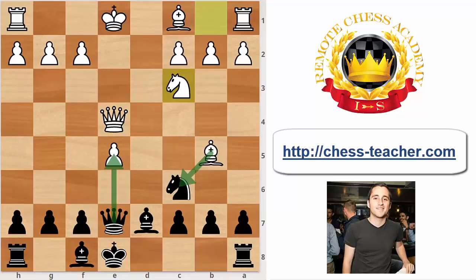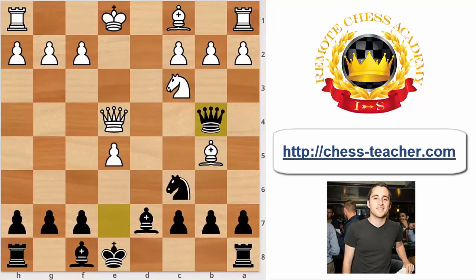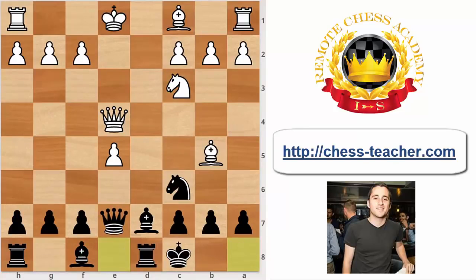So let's just continue developing our pieces. I like the move long castling here, even though in some games the move queen b4 was also featured, which I think is also a logical move, getting ready to develop that bishop. But I will be recommending the move long castles on move number 9, after which